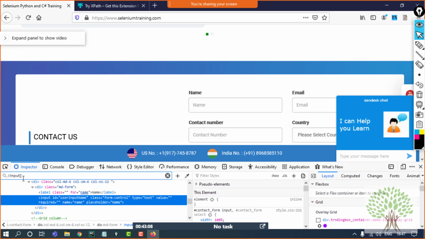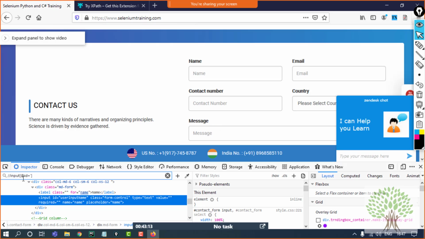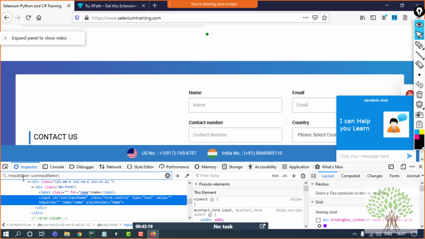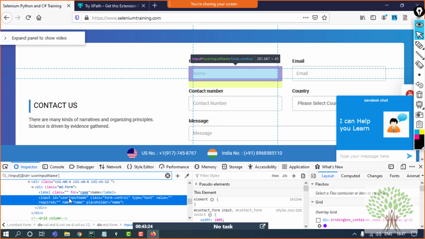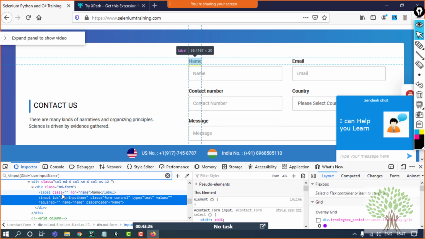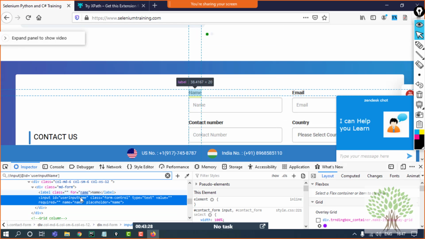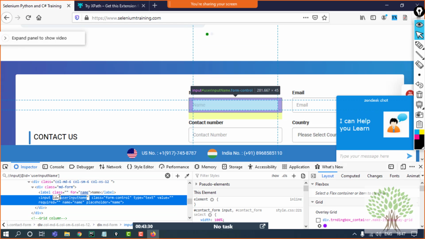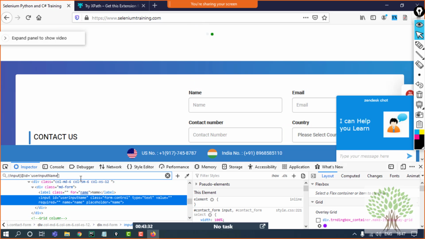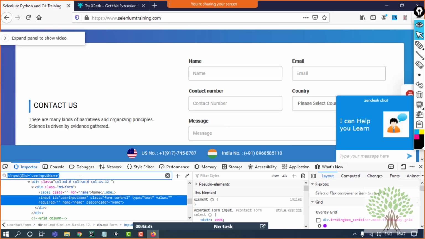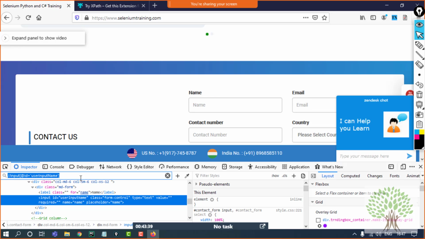The attribute which this input tag has is ID, so I'll use that, equals to user input name. I guess there is some spelling issue that I had made. Fine. So I'll copy the XPath that I have made. Suppose it's wrong, right? I don't know right now.